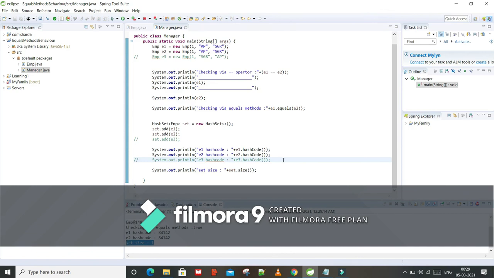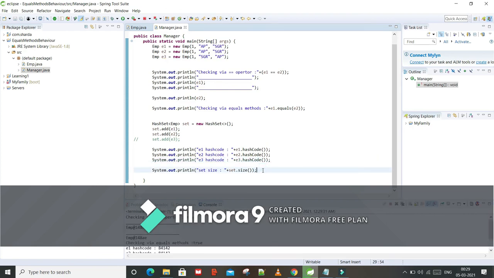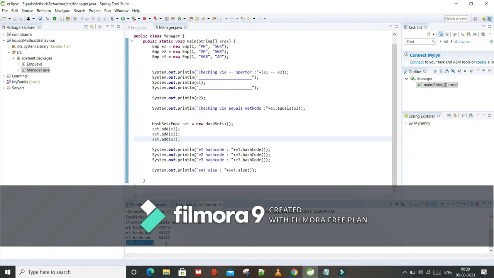This behavior is because the equals method itself is returning false, while the hashCode method is returning the same value.